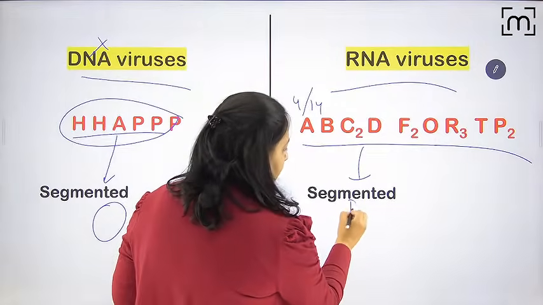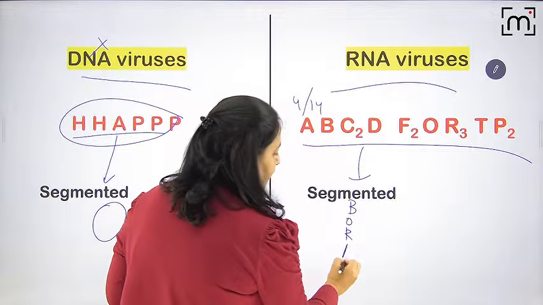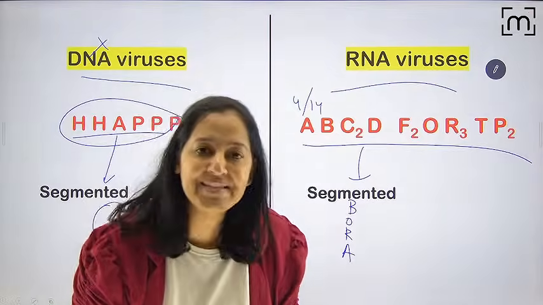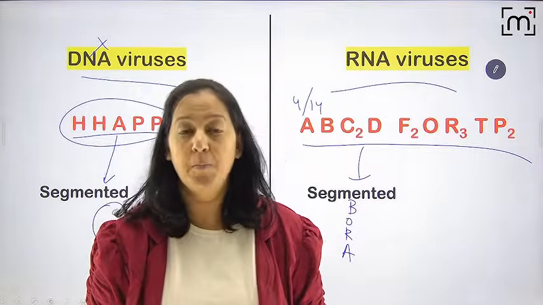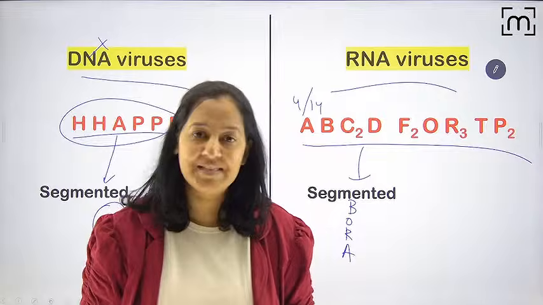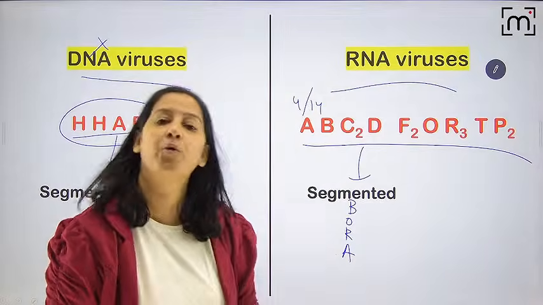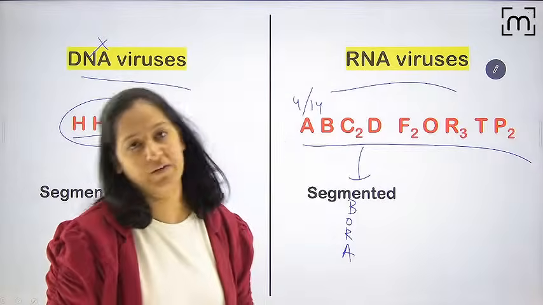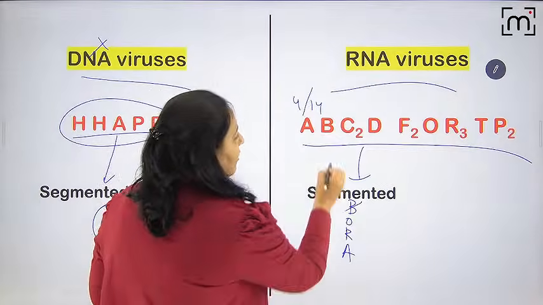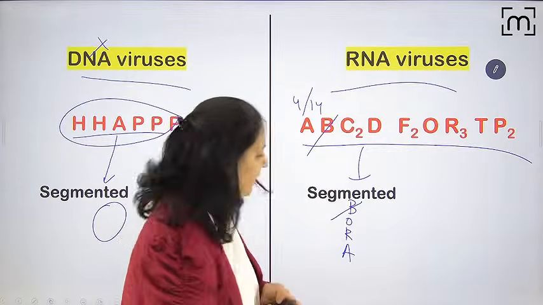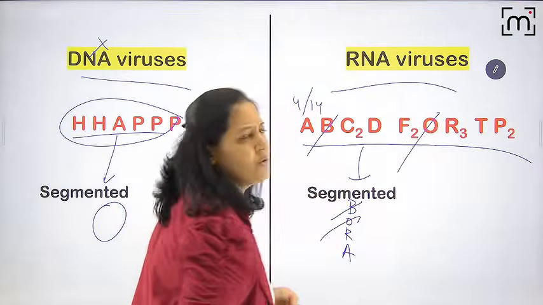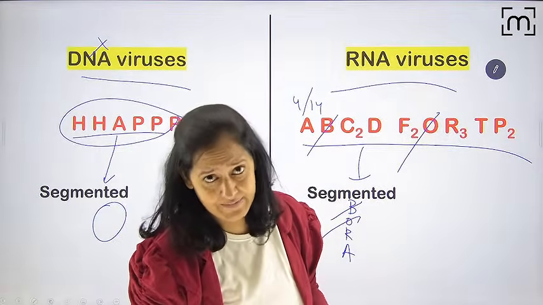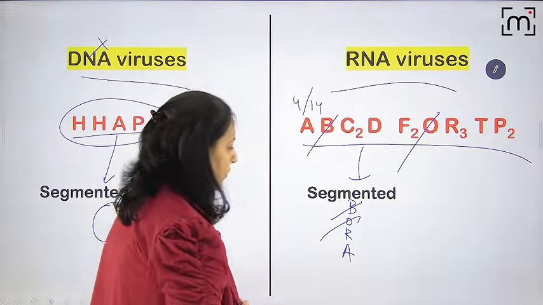Which 4 have a segmented genome? So I have a mnemonic. The mnemonic is BORA. You can learn the mnemonic. BORA is in pieces. BORA is fragmented. BORA is segmented. B-O-R-A. BORA is in pieces, fragmented, segmented, whatever you say. Got it? So B for Bunya. Only one B. No confusion. O for orthomyxo. No confusion. By the way, orthomyxo is influenza virus, if you know. The member is influenza.